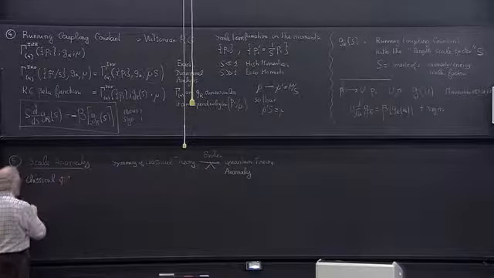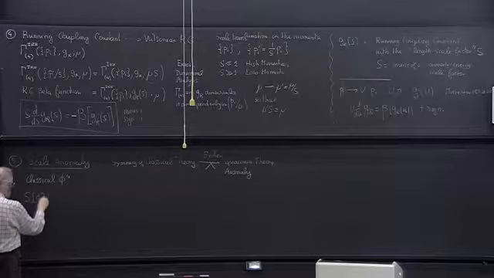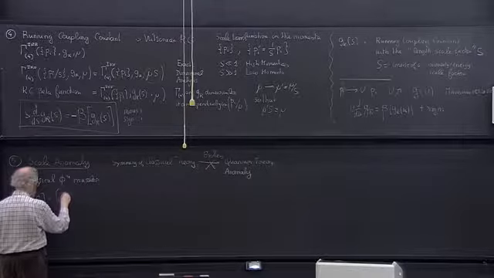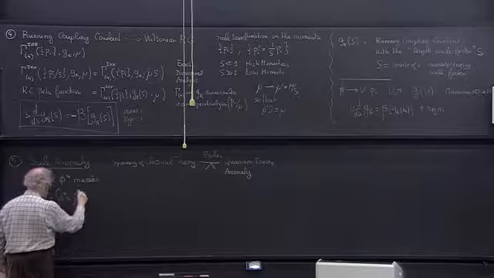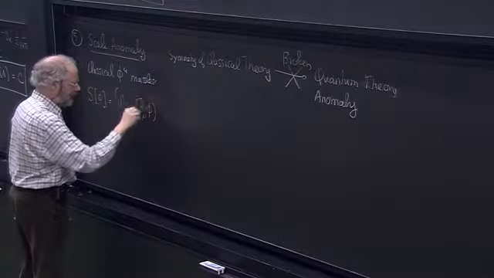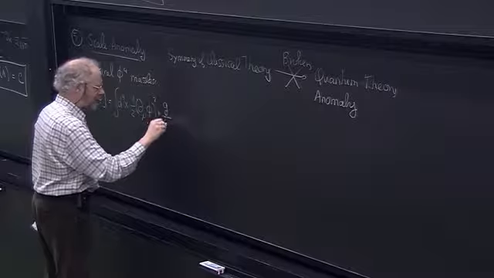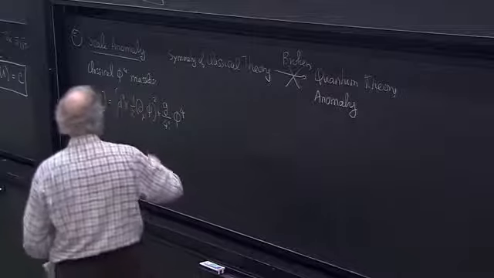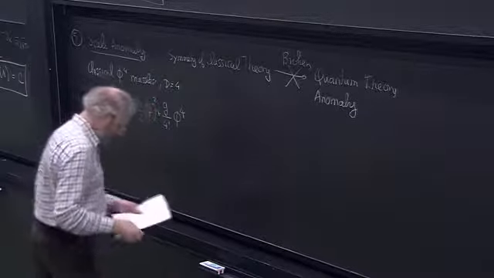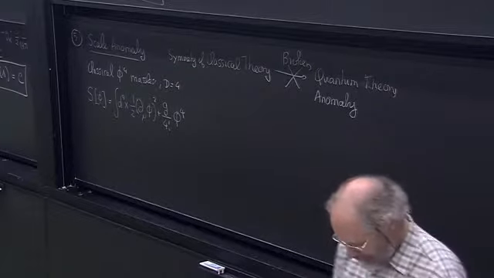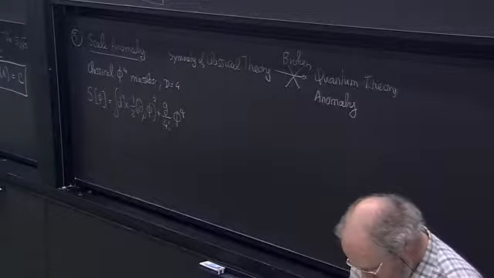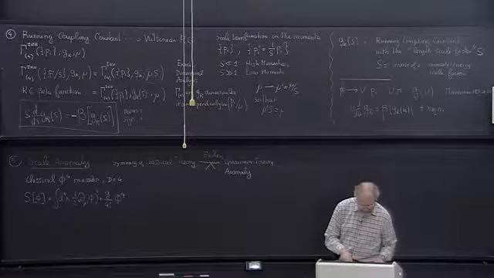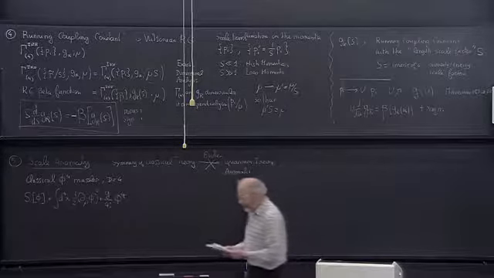Classical phi-4 is given by a classical action, massless, which is the integral d^4x of 1/2 (∂_μ φ)^2 plus g/4! φ^4. So I'm classical, massless, in d equals 4. This theory has an important property,